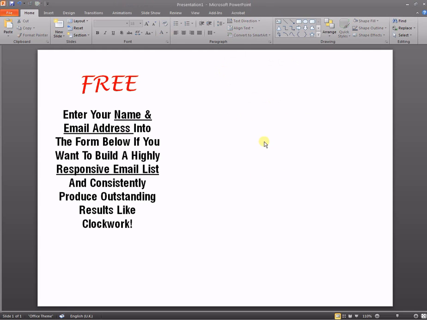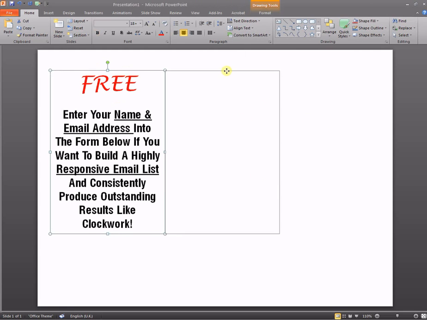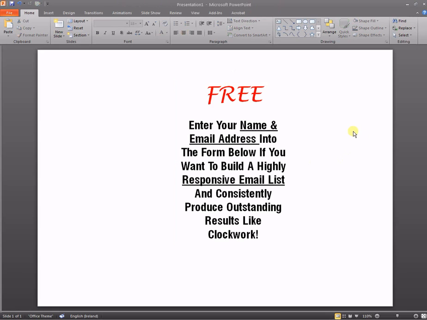So we delete that. So we already have one created here. We'll drag that over to the center so you can see it better. And what we want to do now here is screen capture this image. And how you do that, I use Snagit. So if you haven't got Snagit and you haven't got a free screen capture software program, just go to jing.com. And when you go to Jing, you can download the free screen capture software, and then you can do this.